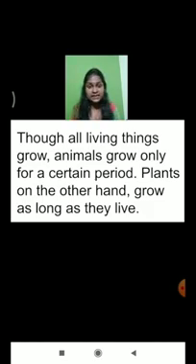You must also have seen that during the rainy season on the roadside we chop down many big trees. Even after chopping down the branches, you must have seen that after a few days the branches grow again. This is one more example that plants grow continuously as long as they live. Is that clear to you now?